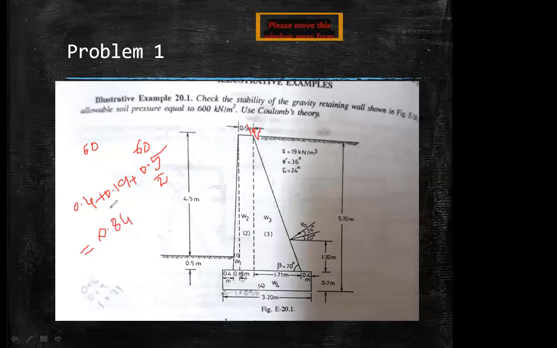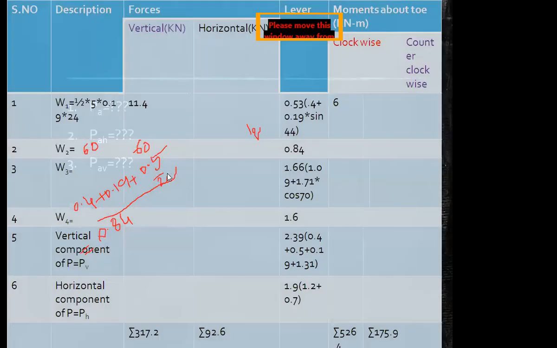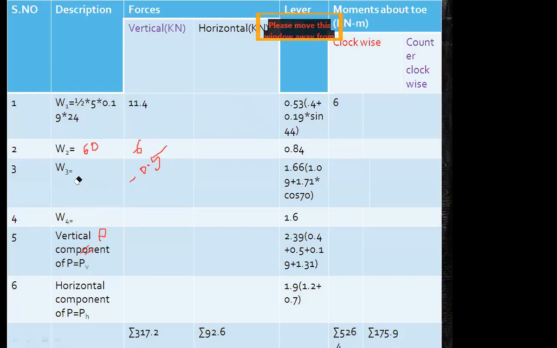So you need to understand this in a better way, otherwise you will get confused. Okay, so you need to mention the lever arm here. Calculate and tell me what the moment is. 50.4, madam. 50.4. So is that clockwise again or anti-clockwise? Clockwise. Okay, all the weights are always clockwise.